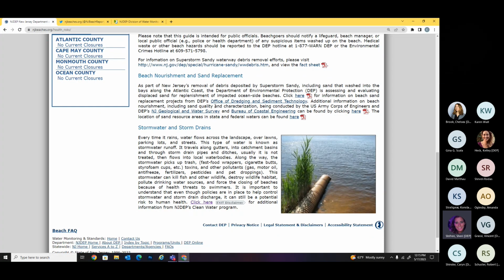And here's a picture at the bottom of a stormwater outfall pipe, and we try to recommend not to swim after a rainfall near a stormwater outfall pipe because that is carrying all the non-point source pollutions such as trash and motor oil off the streets, pesticides and fertilizers, or even pet droppings into the water. And there's a higher chance of having higher water bacteria in that water quality.